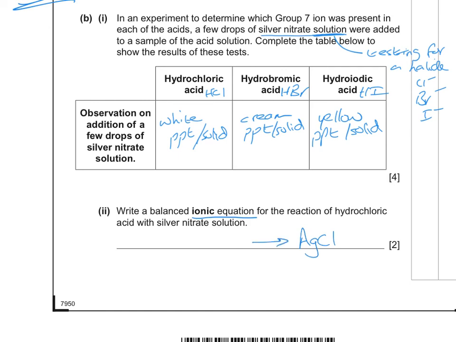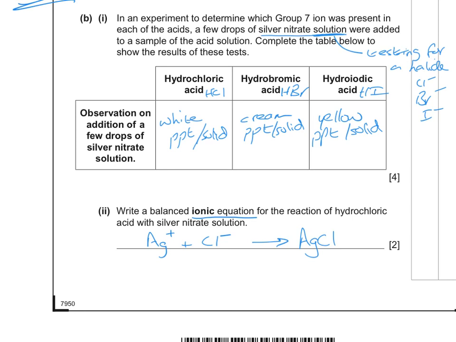So what ions will react to form this? Well, you can see it's made up of silver ions, and silver ions are Ag+. You'll find that on the back of your data leaflet. And chloride ions are Cl-,